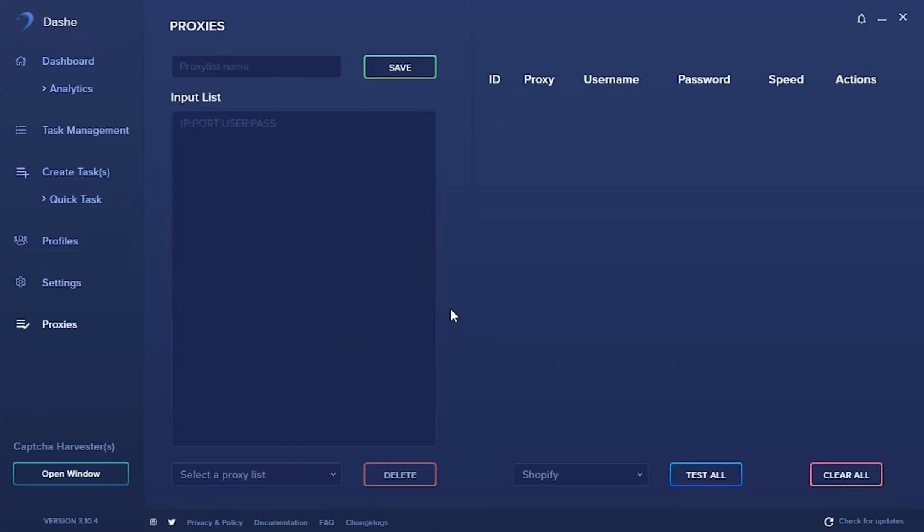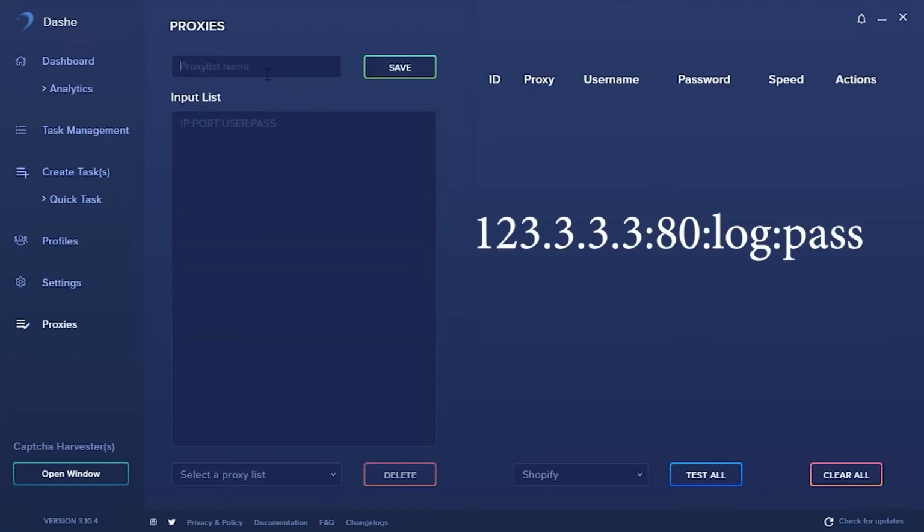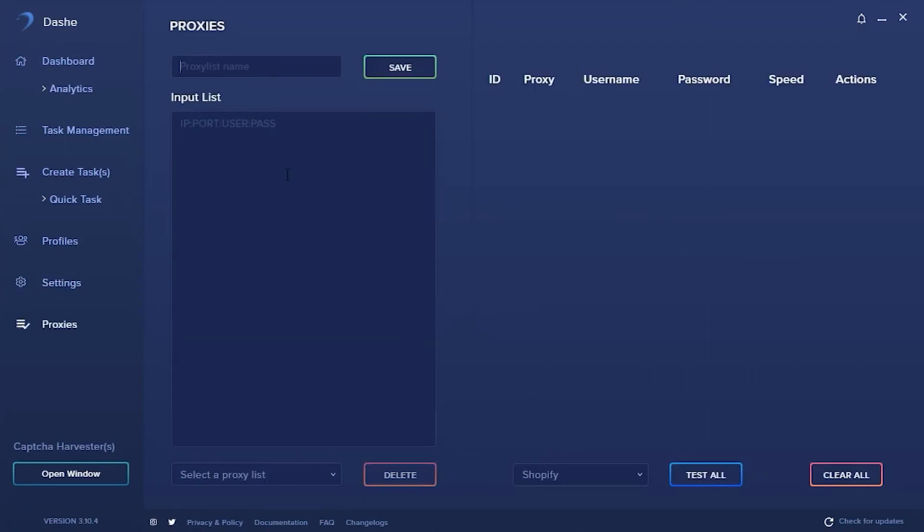If you are going to configure free proxies, then type it in such format: IP:proxy port. If you have a personal proxy, then this format will work for you: IP:proxy port:username:password. After entering the data of the proxy, they will appear in the field and you can test them for